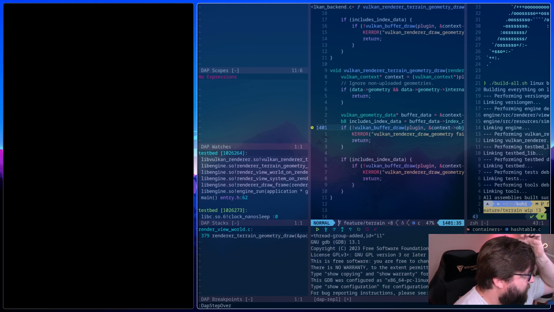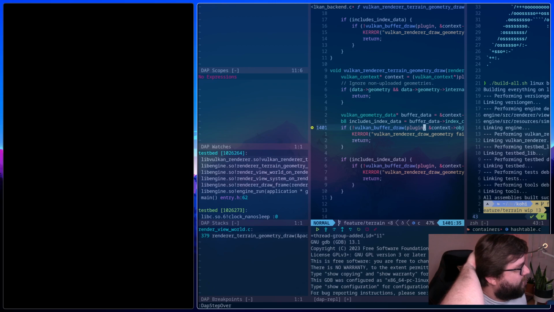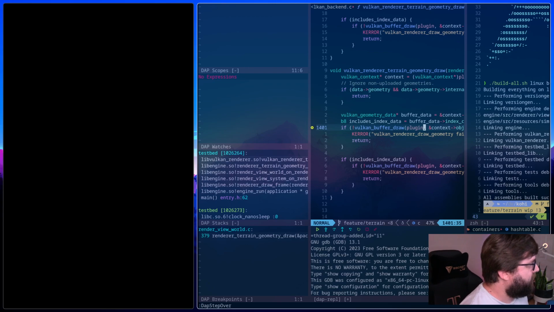What does the generation mean? So all the generation is, I basically keep track of how many times something has been loaded. So every time I reload a resource, its generation counter gets incremented. If a resource has never been loaded at all, then its generation ID is an invalid ID, which is basically, depending on the size of the integer for that particular item, just the maximum of that number, right?